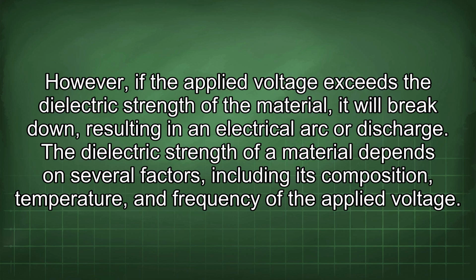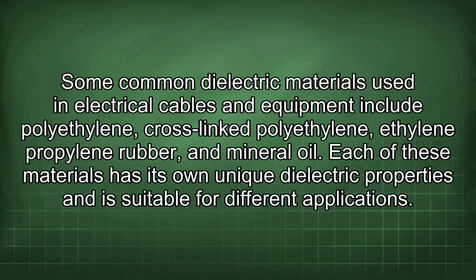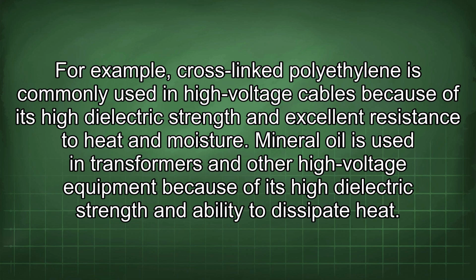Some common dielectric materials used in electrical cables and equipment include polyethylene, cross-linked polyethylene, ethylene propylene rubber, and mineral oil. Each of these materials has its own unique dielectric properties and is suitable for different applications. For example, cross-linked polyethylene is commonly used in high-voltage cables because of its high dielectric strength and excellent resistance to heat and moisture. Mineral oil is used in transformers and other high-voltage equipment because of its high dielectric strength and